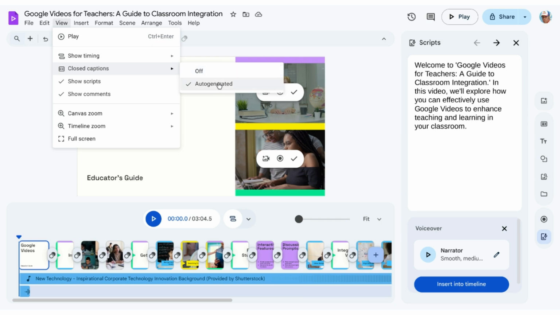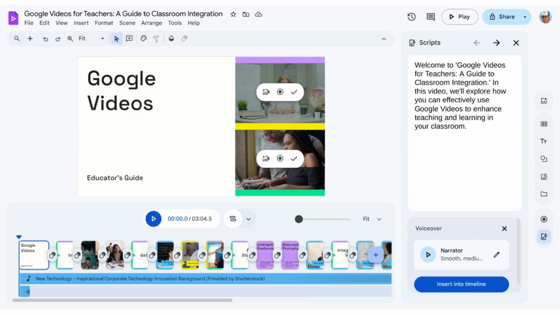I've already set it to auto-generated so that the closed captions would be available for this tutorial. And once I turned that on, it really didn't take long. It took like a minute. And then when I go to play this video,